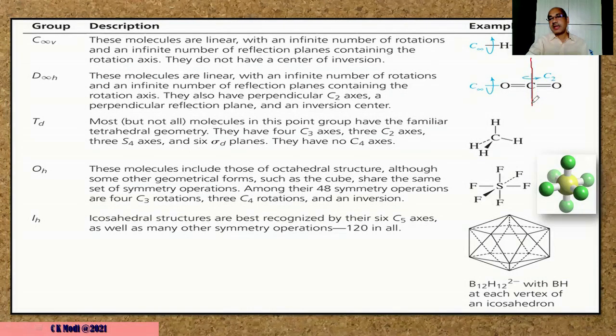If I put the sigma h over here, which is perpendicular to this principal axis, this is called sigma h. So one sigma h is also present. So what is the point group of this molecule? The point group of this molecule is